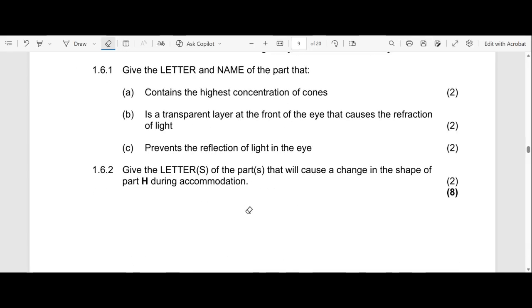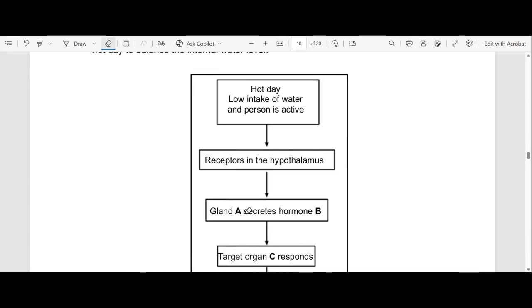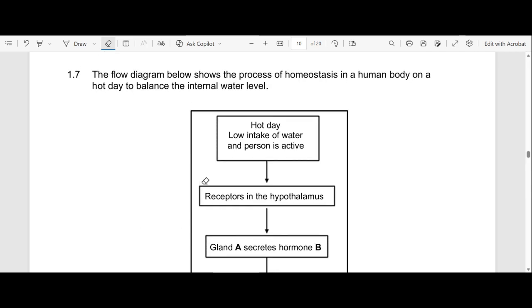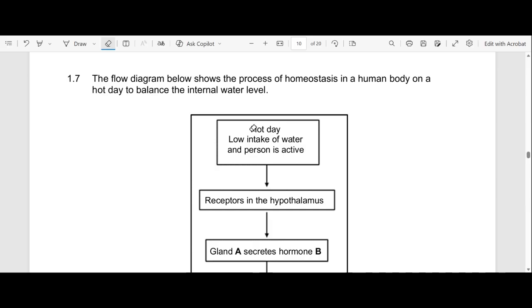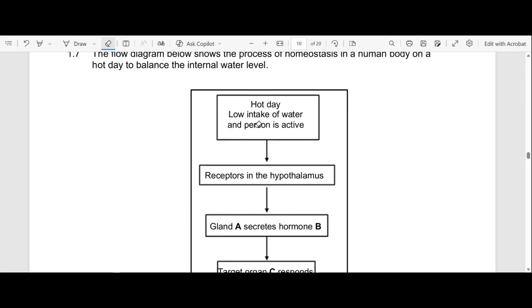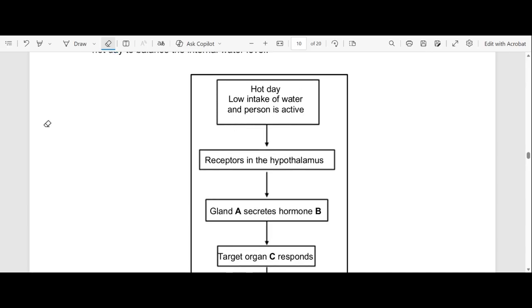Okay, so we're done with section A. Oh, we're not done. Actually, we're left with 1.7. Okay, now let's go to 1.7. The flow diagram below shows the process of homeostasis in the human body on a hot day to balance the internal water level. So it's a hot day, low intake of water, and a person is active. What happens? Let's just discuss what happens when it's a hot day and you're taking in less water